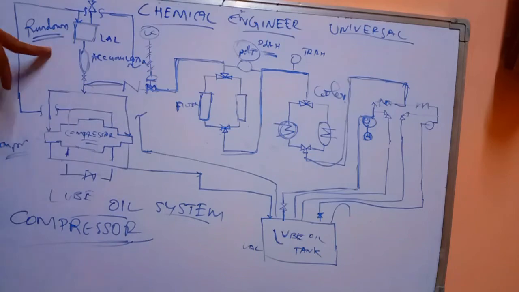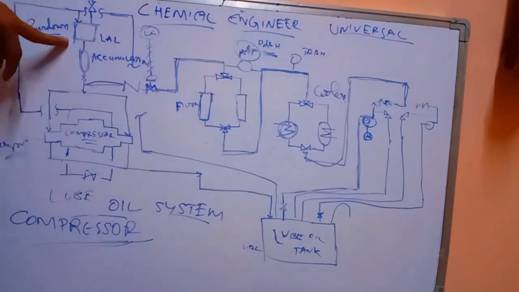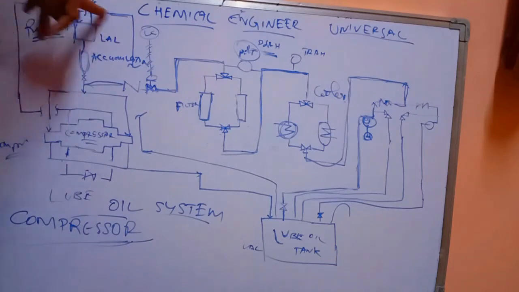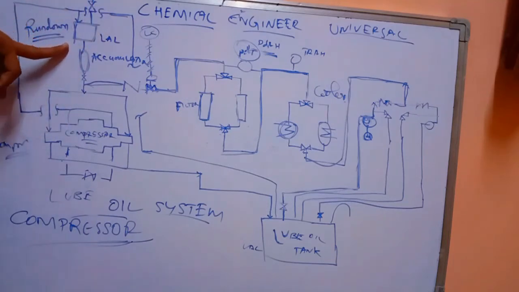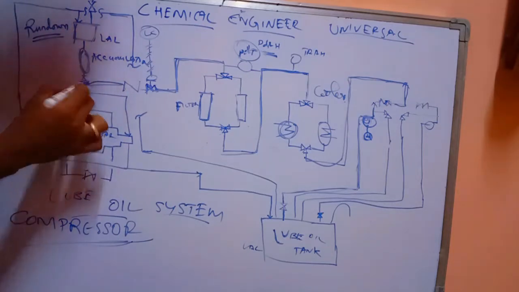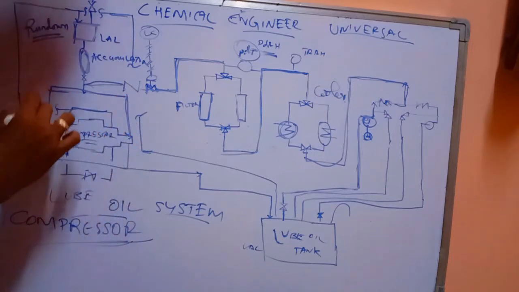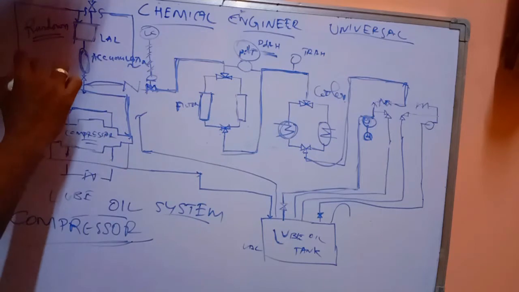Why is this called a rundown tank? Initially, while running the auxiliary pump, it starts to fill the level inside this rundown lube oil tank. After the level is filled and the oil has passed to the accumulator, it will start to flow to the system. These are what we can call the balancing lines.